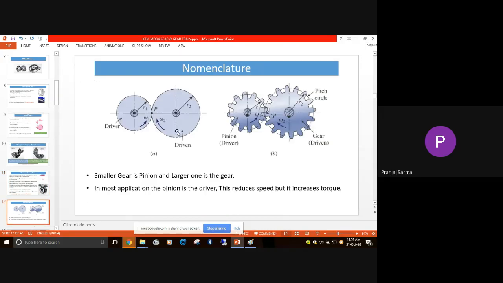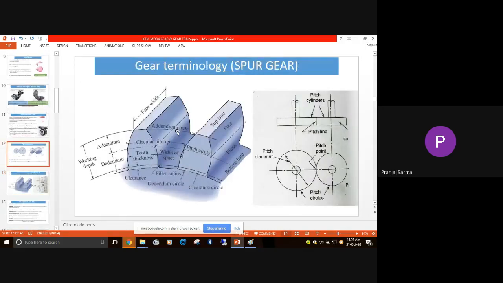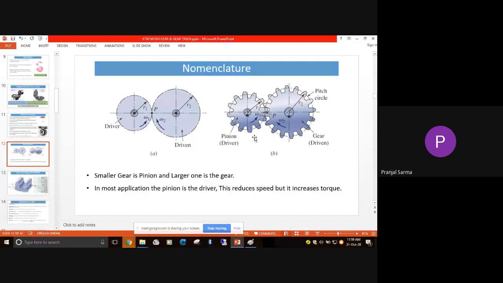And in the next class we'll be going to the different gear terminologies. Prior to that, just one small thing we'll discuss, which has already been discussed previously also. See, in these two figures we are showing two gears which are in mesh, and one figure shows only the circles, and another figure looks like a real gear. As we have already discussed, if you look at these two gears,